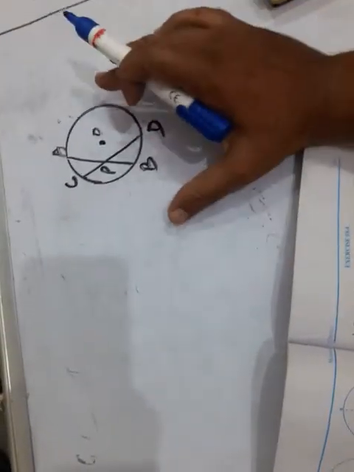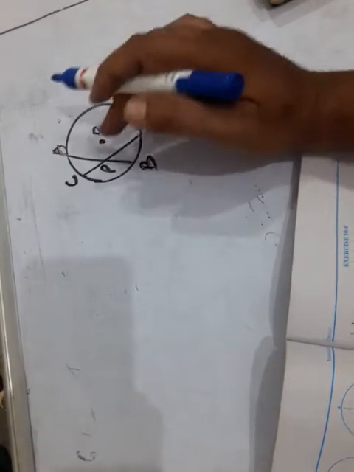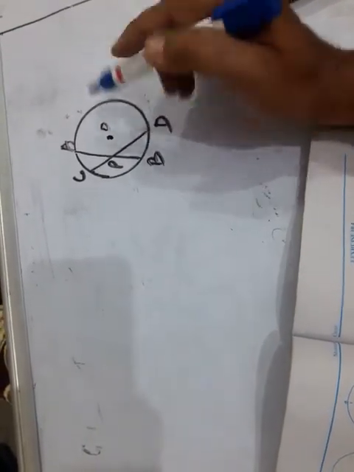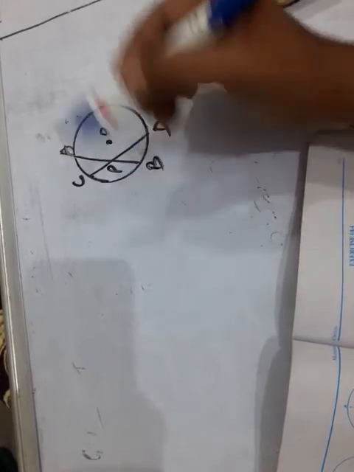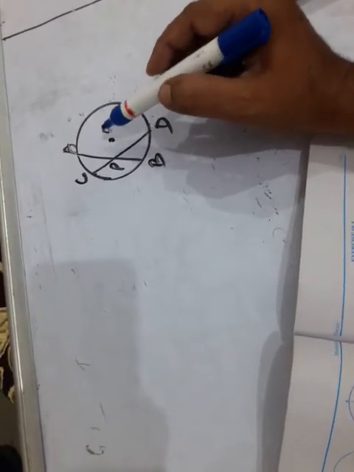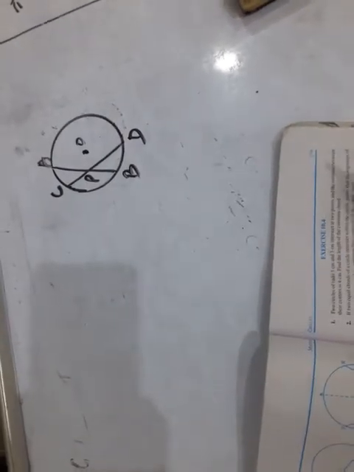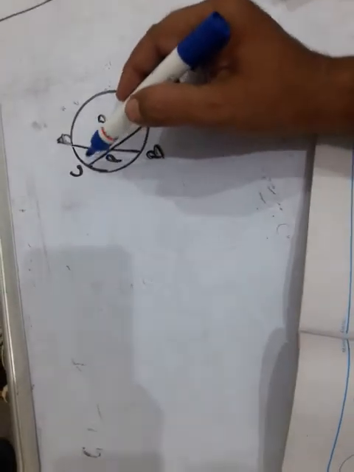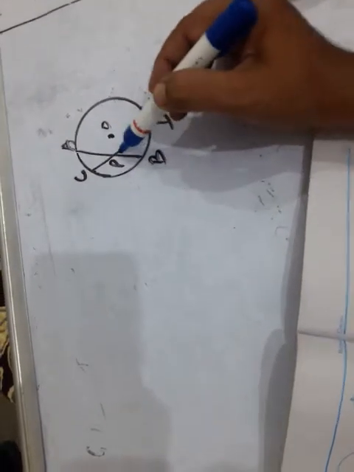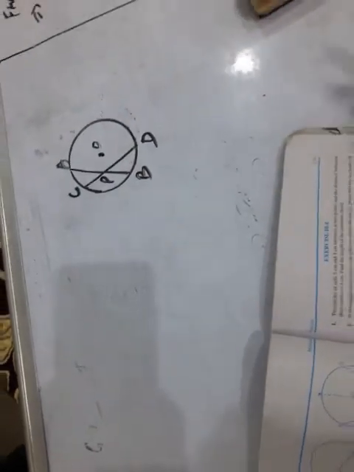Let us once again reiterate the things. This is the circle with center O. AB and CD are two equal chords which intersect each other within the circle at point P. We have to prove that the segments of one chord are equal to the corresponding segments of the other chord. That is, this is the smaller segment, CP equal to BP, and the bigger segment, AP equal to DP. We have to prove. Okay, children, now let us write down what is given.